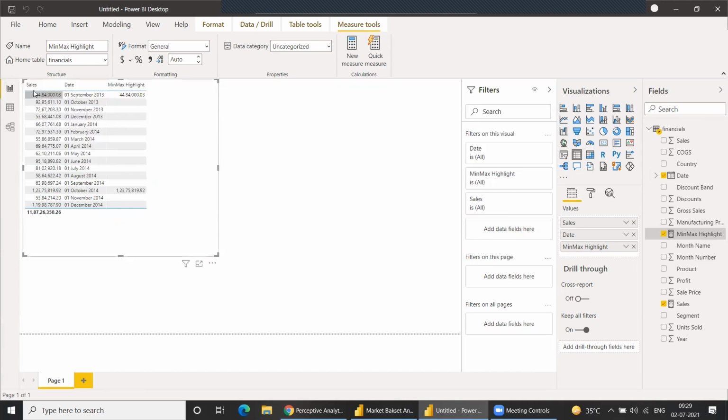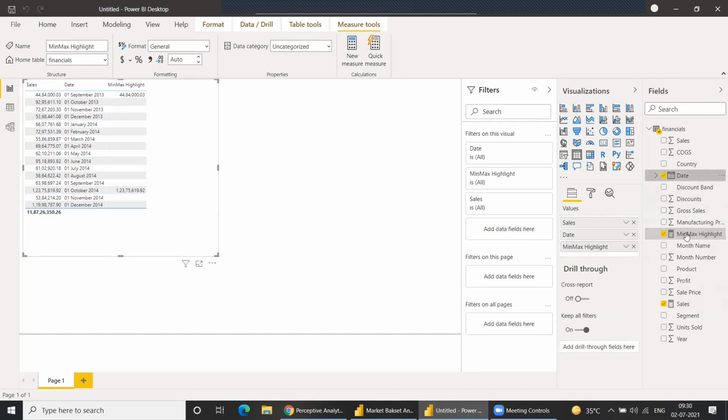Yeah, so if you see here, for this record, this is the lowest sales, so we have this lowest value. For the remaining it's blank, and for maximum we are getting the maximum value. And this is what the sales measure is doing. If I'm using this sales column, it will match for each record. The sales for this is equal to sales of this. That's why we are using this sales measure.